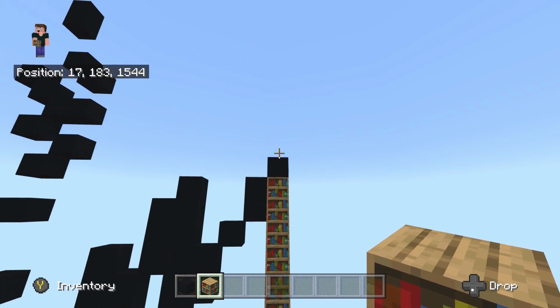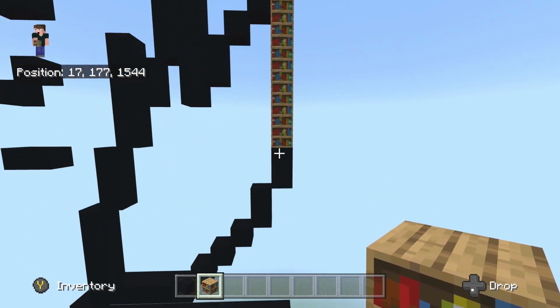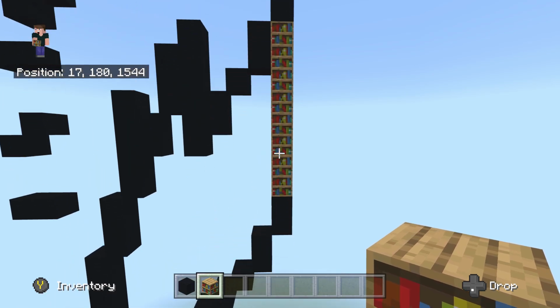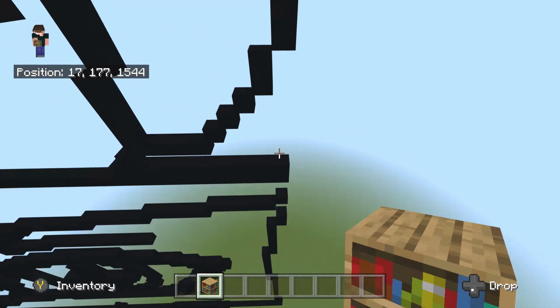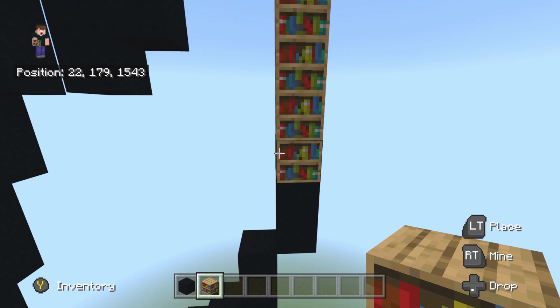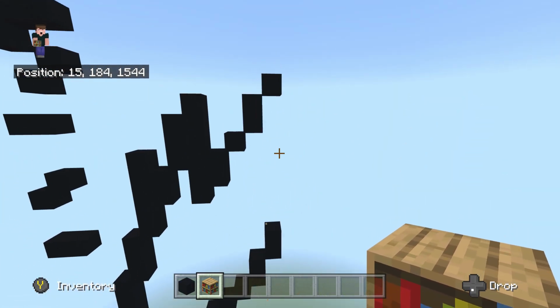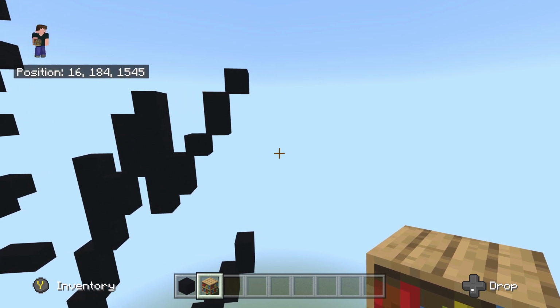Just like so. And as you can see, we placed 8 bookshelves going underneath. And it should connect in line with this 2 right here. So the very end 2, as you can see, which means we've done everything correctly so far. So we can go and destroy those 8 bookshelves. And there we go. Once we destroy those 8 bookshelves, we're going to fly back over to the left to